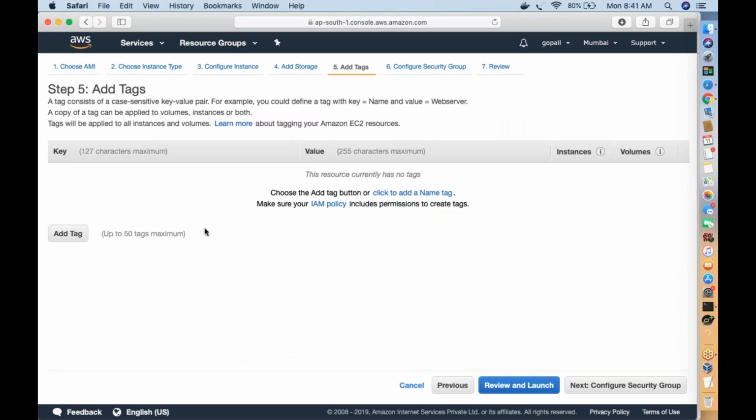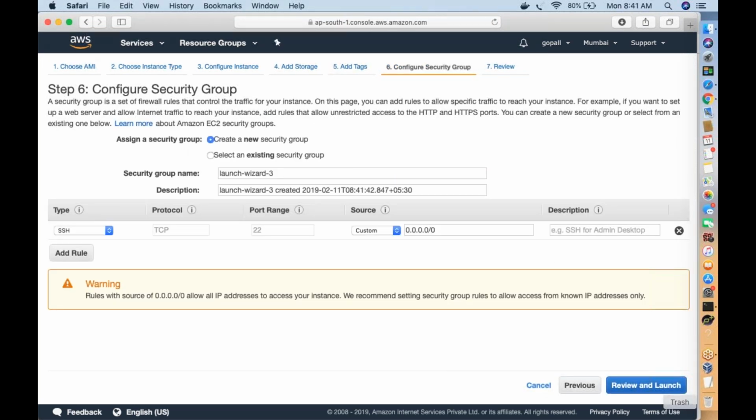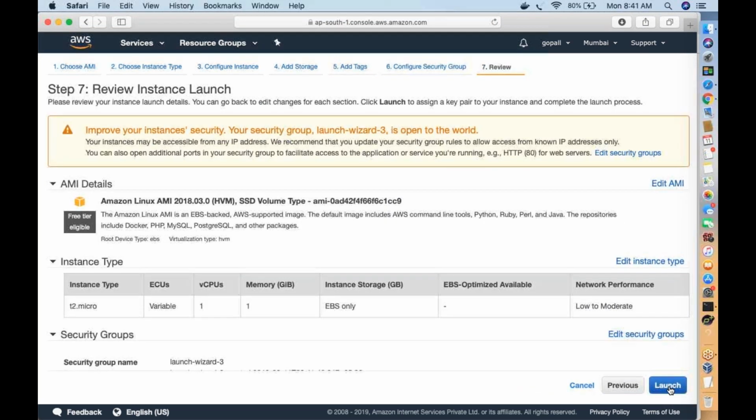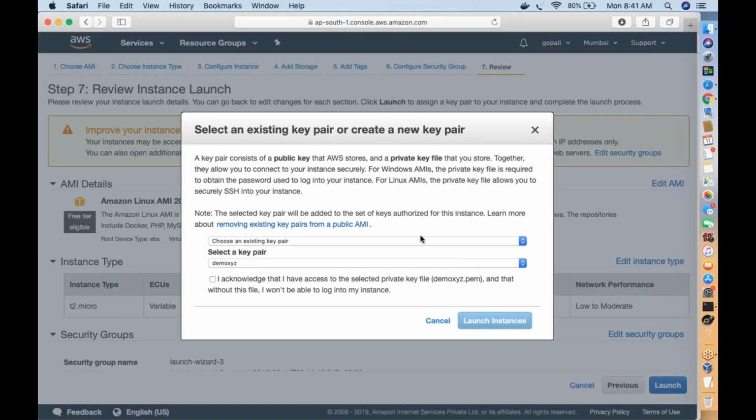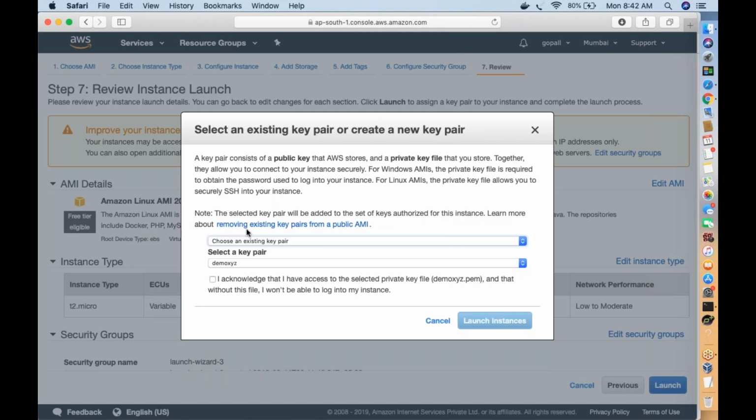Keep the defaults. In the tags give the name demo server, configure the security group as default, review and launch, and see the details. While you launch it, you get the option to create a new key pair. But when you create a second server in your account, as I'm doing now, you have to choose an existing key, meaning the key pair I used for my previous server.